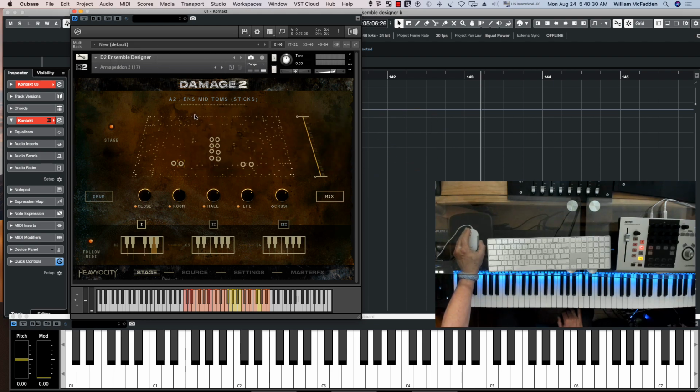Ensemble Designer, it's the sequel to Damage 2, and it's been about 10 years since they came up with this sequel. It's packed full of amazing sounds and functionality. So when you first open up the Ensemble Designer, which is what we're going to be